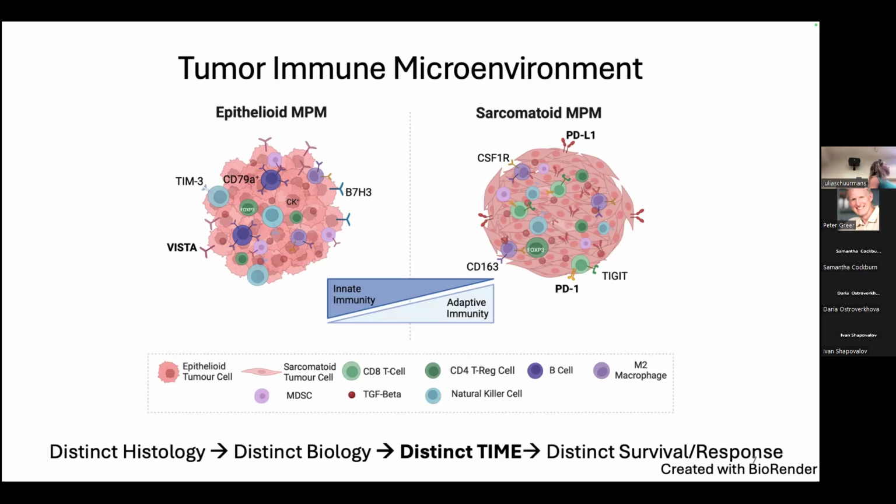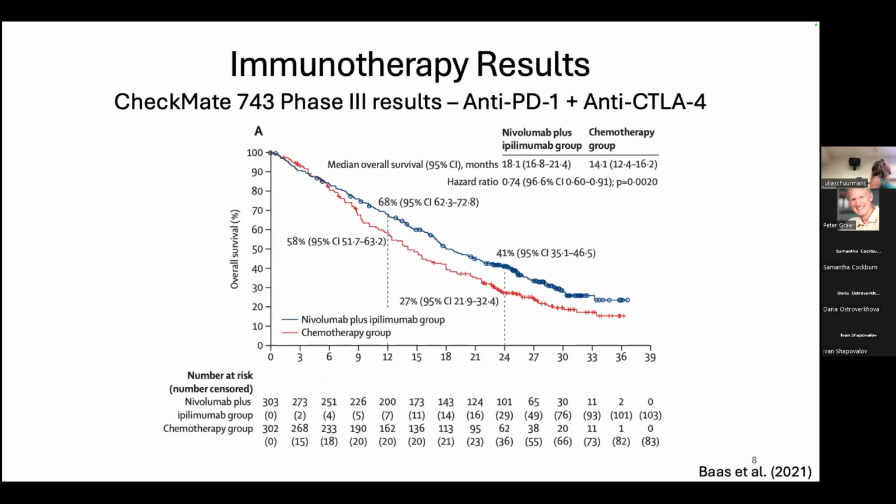So up to this point, there haven't been very many great treatment options for mesothelioma. The most historic treatment option was surgery with chemotherapy, but thanks to the rise of immunotherapy, we're now seeing that there is benefit when treating patients with mesothelioma with immunotherapy. So this is CheckMate 743, which is now the first-line treatment for mesothelioma. And as you can see here, when you treat patients with anti-PD-1 and CTLA-4, there's somewhat of an improvement in survival in the blue line, which is the immunotherapy group, over time.